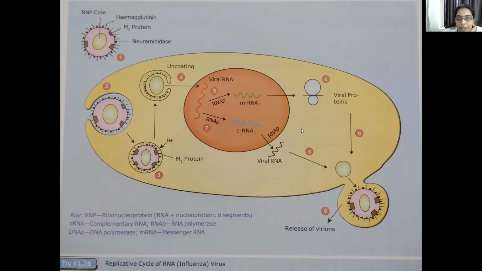So the next steps are the same. The assembling of the viral proteins and viral enzymes to form the mature virus particle, which is released into the host by the process of budding. So here in RNA viruses, there is a specific enzyme called neuraminidase. So that facilitates the release of this virus particle into the host. So this is about the replicative cycles of the DNA and RNA virus.